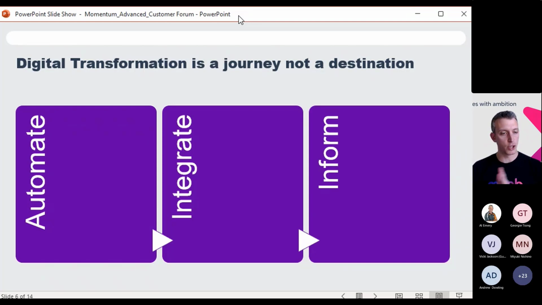For some of you, you're still at the automation stage. You're getting off paper-based systems and starting to digitize on Advanced. For some of you, you've made that first plunge, but you still have siloed systems. So you have a different system for HR, a different system for financial management, and potentially a different operating system. You may have moved on from automating some of those business processes, and now you're at the integrate stage.